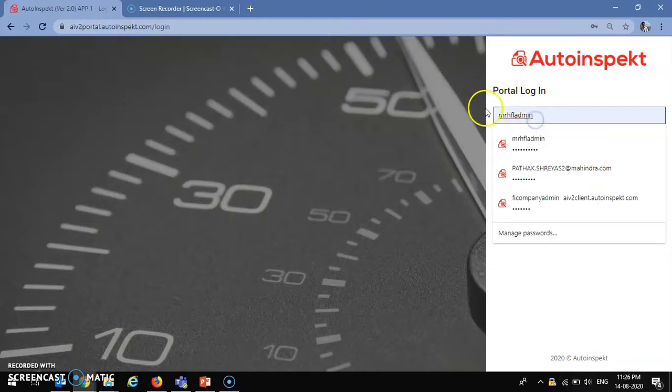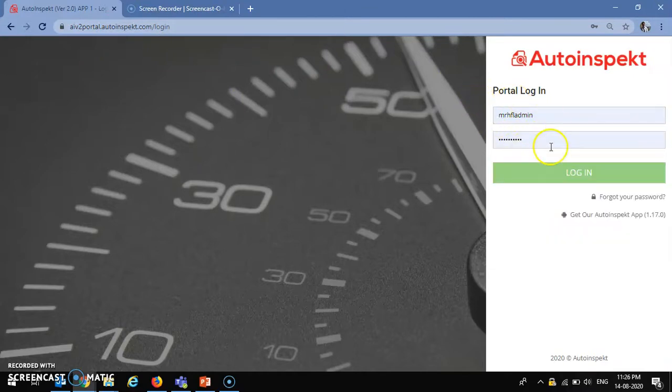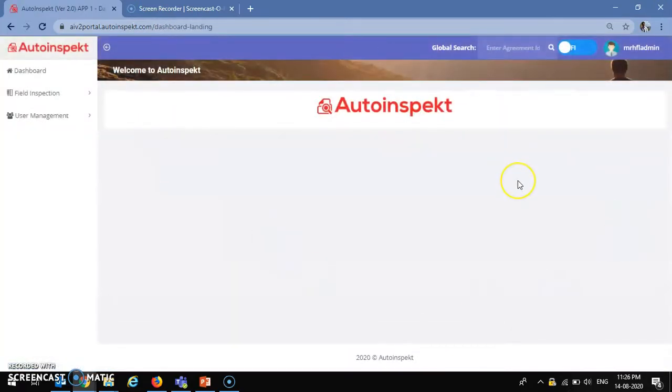Once you use your username and password to log in, you come to this screen, which I had showed as a part of my demo sometime back as well. Now, in order to keep this video concise, I'll be explaining how to use the portal with respect to NP revaluation activity only, and I'll be talking from that perspective only. This application has much broader use, but here we'll be focusing only on NP revaluations.